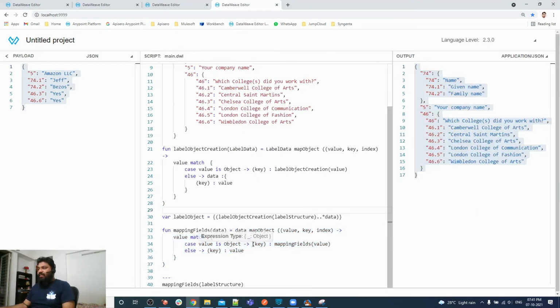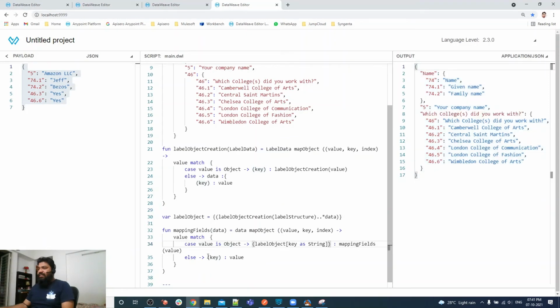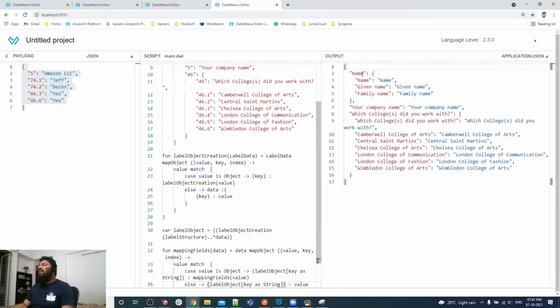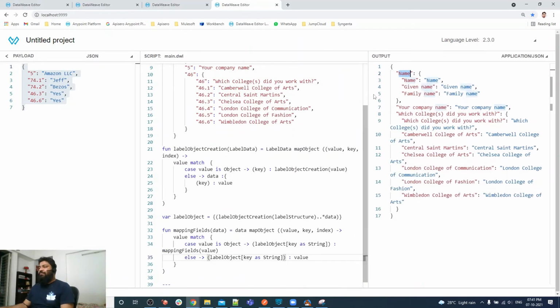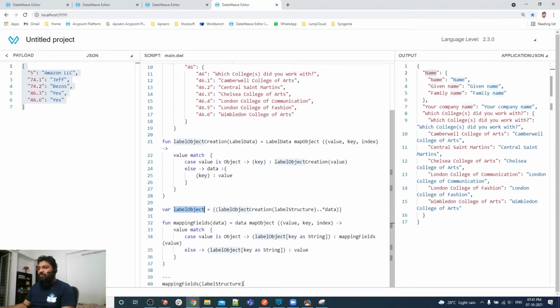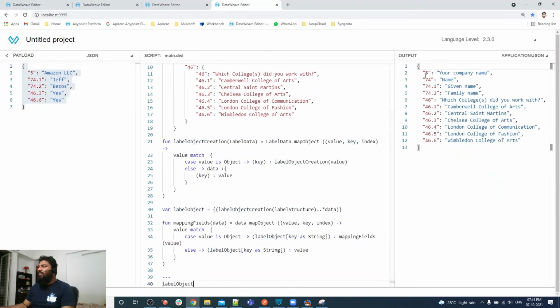If I replace the key with this structure, you can see that all the numbers are replaced by label names. Why? Because I know the key name and I have created this object. Let me show you this object. This object has a number and name mapping.